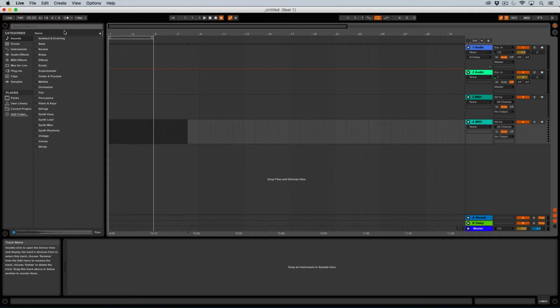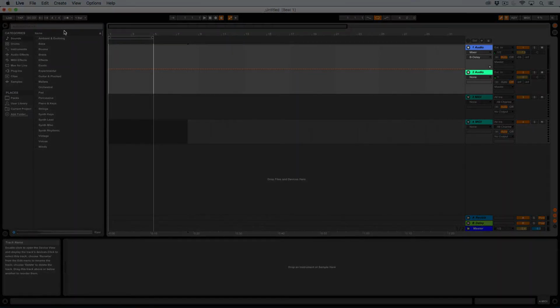The difference between audio and MIDI tracks is audio gets directly recorded into your session, such as a vocal, guitar, or maybe you want to sample some vinyl. You can also use pre-recorded audio loops from sample packs or ones that come with Live as well. Audio can be drag and dropped right into your session and played back without having to play any notes or assigning it to any type of virtual instrument, since the sound has already been recorded